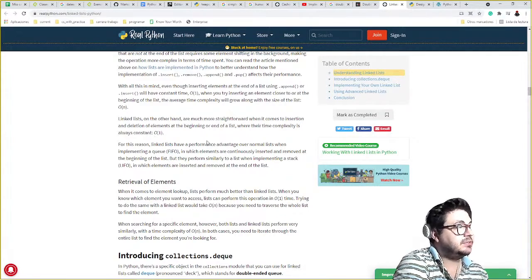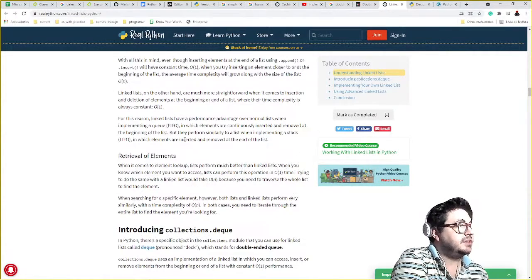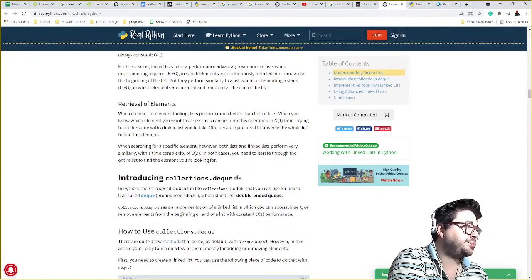Retrieval: when it comes to element lookup, lists perform much better when you know which element you want to access. You go first, second, and you're going to get O(1).